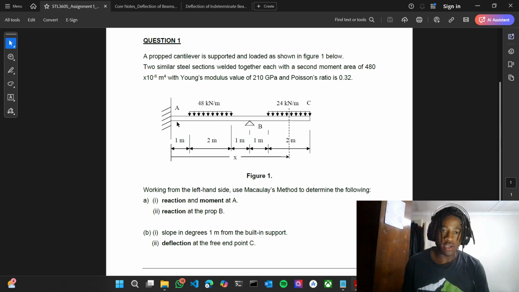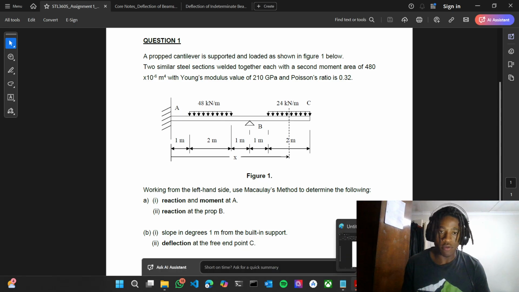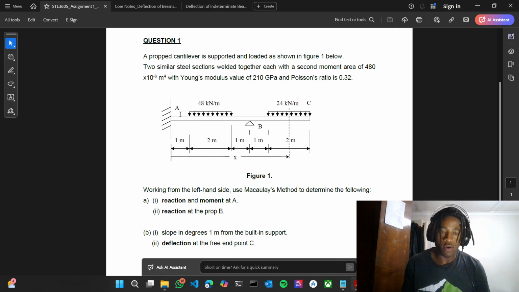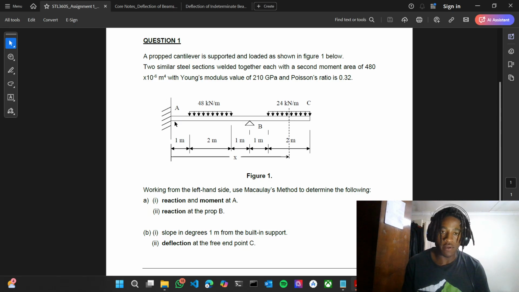So if we start from here and move towards the right, then we can write our bending moment equation, which starts off on this side as EI d squared y over dx squared, right? That's going to be equal to whatever we have here, right? So,